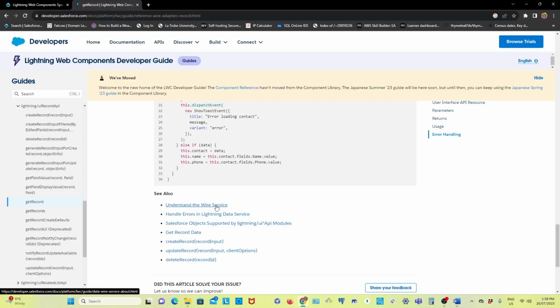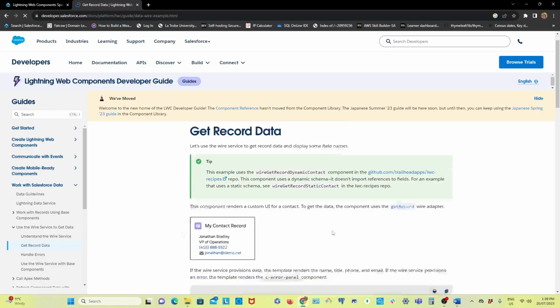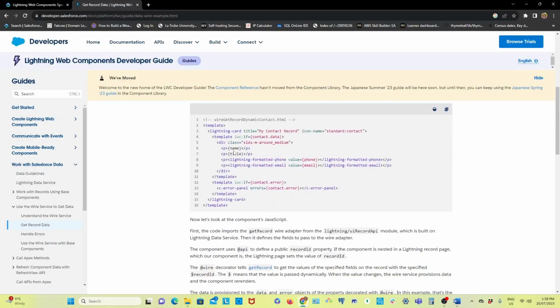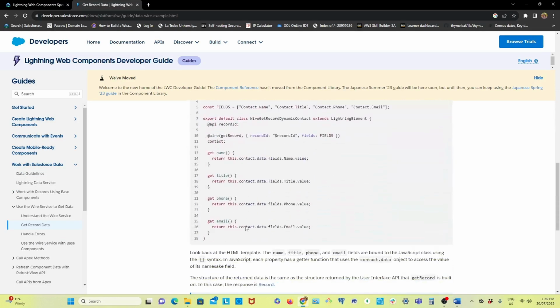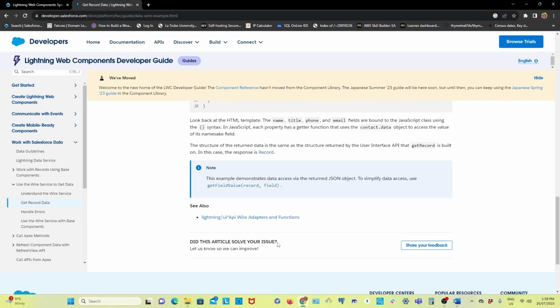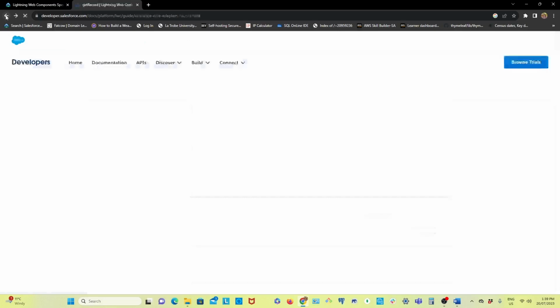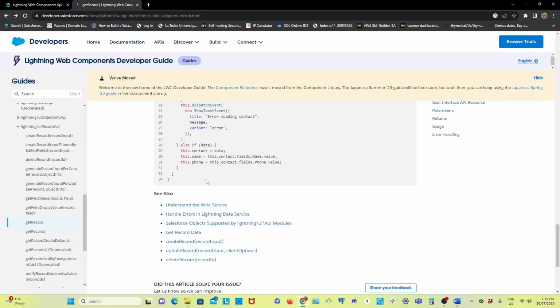Handle errors, understand the web service, all examples are there. Just click one by one, go there and see. They already gave a really nice example. Everything is given here. Practice all of them one by one